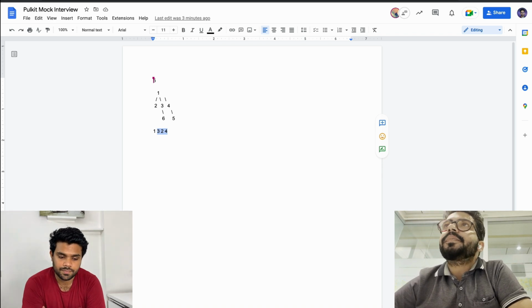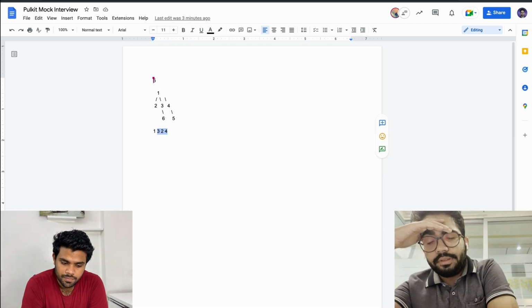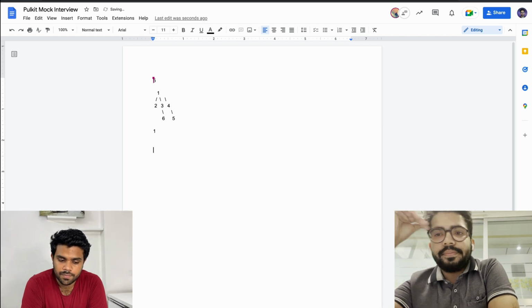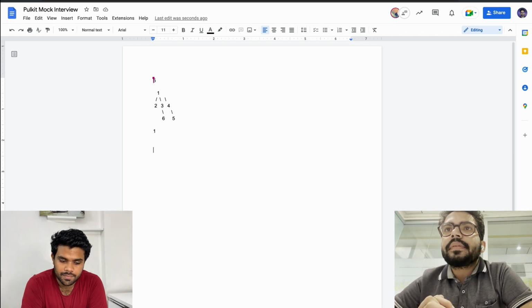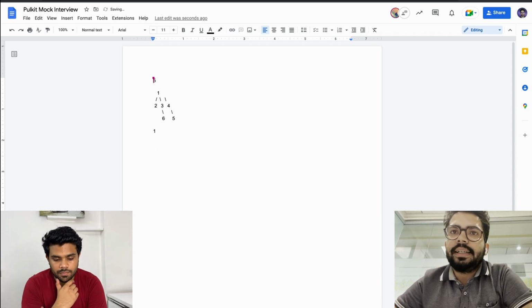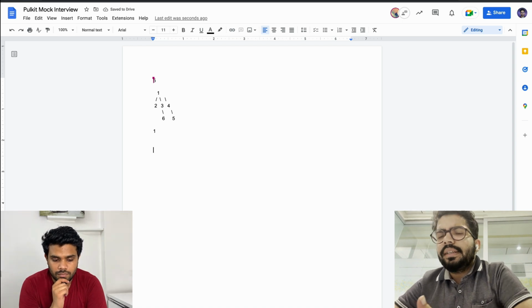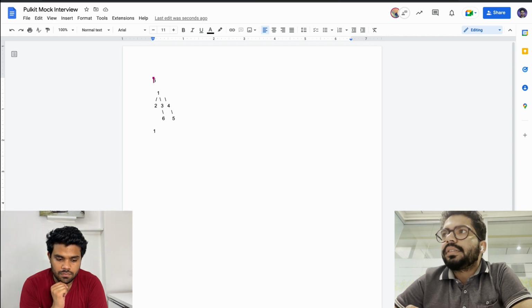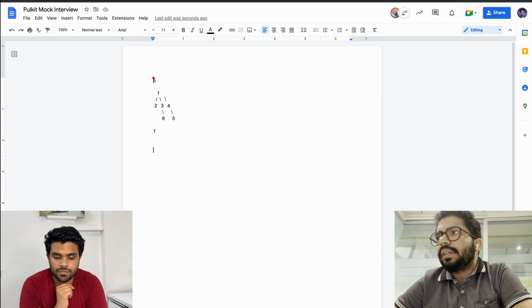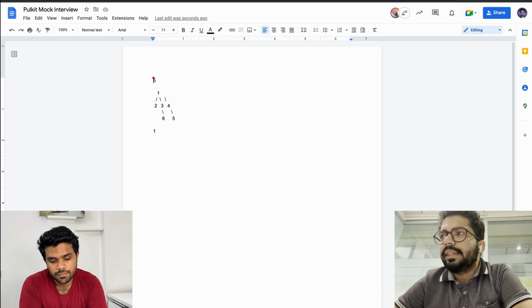Okay, so coming on to the efficient solution that I was thinking. Once we have the node 1 with us, one definitely necessary condition, if you are telling me that the root is 1, is that the BFS should start from 1, right? So the sequence that you are giving me should have 1 as its first node. That is what I'll be assuming. If not, that is not a valid sequence.